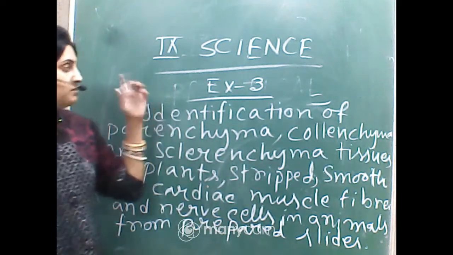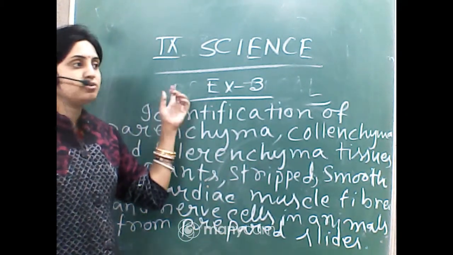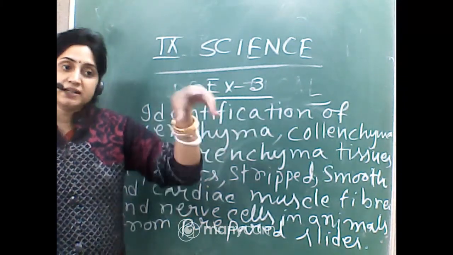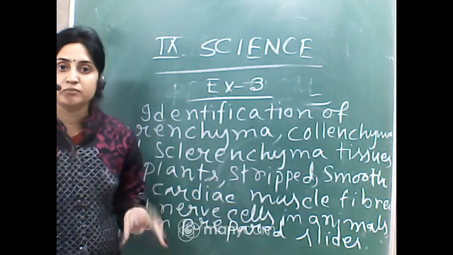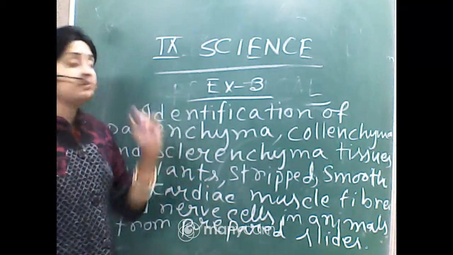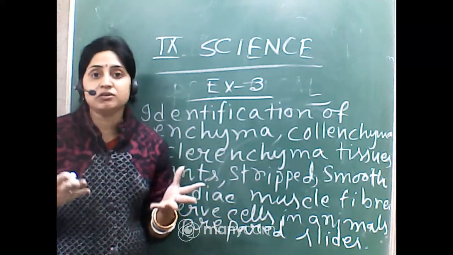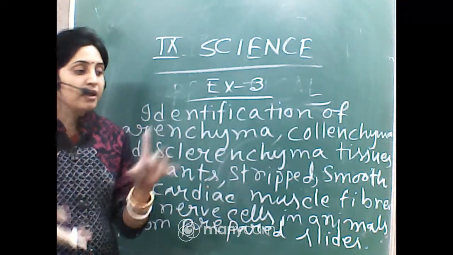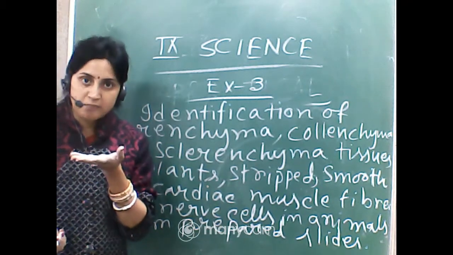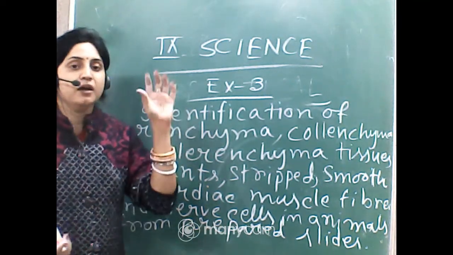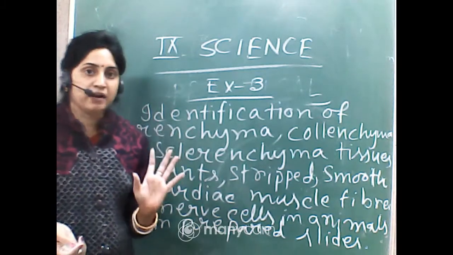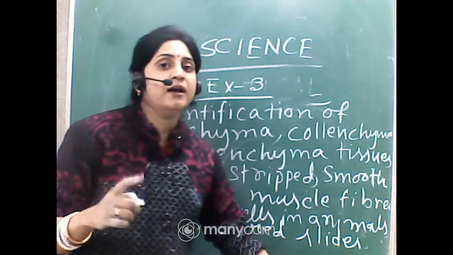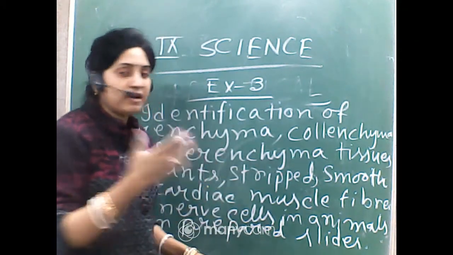This is the difference between experiment number 1 and 2 and number 3. In 1 and 2 is the procedure you have to do instantly inside the laboratory. Okay, but in experiment number 3 we will provide you the prepared slides. Okay, there will be no preparation you have to do. You just see the slide under the microscope, write down the characteristics and give the diagram. Okay, no preparation will be done in this practical. This is the difference of 3 compared to 1 and 2.